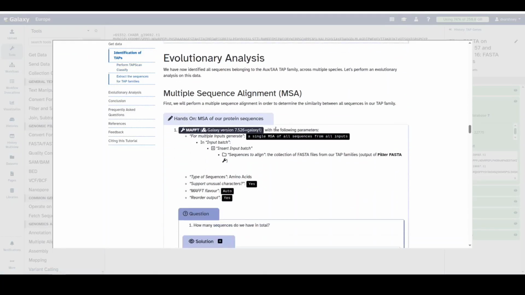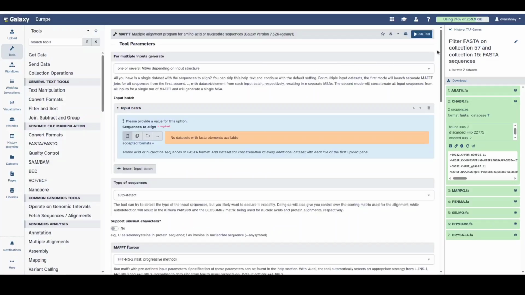Okay, so we have now identified all the sequences belonging to this TAP family across all the multiple species, and now we will be performing the evolutionary analysis on this data. For that, first we need to align all these sequences by using a multiple sequence aligner tool. In this tutorial we will be using the MAFFT tool. So we'll click on this MAFFT,